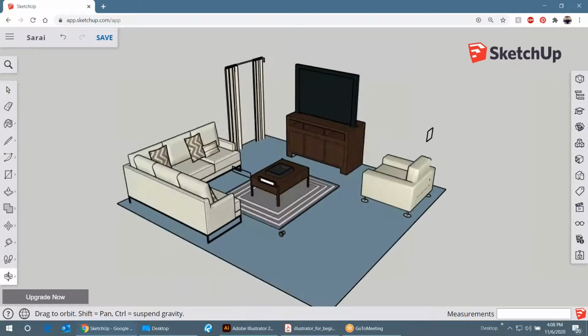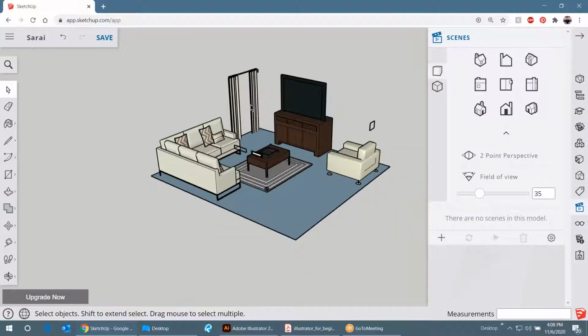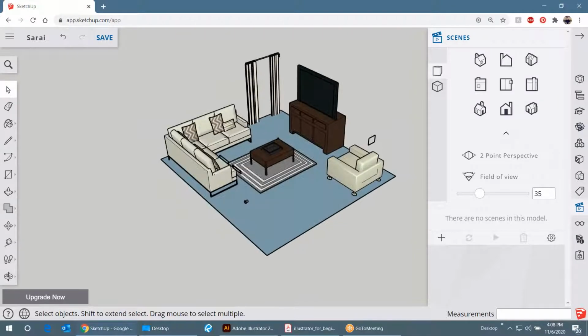scenes. And some of you might have already been using these, right? So if you go again into your right toolbar over here, there's a little one of these things that movie producers use to say lights, camera, action. So that's called the scenes properties. And what we're going to do is create an axonometric image of your model. We're going to export the image out, take it into Illustrator and then create a diagram out of it. So what I want to do here is create a